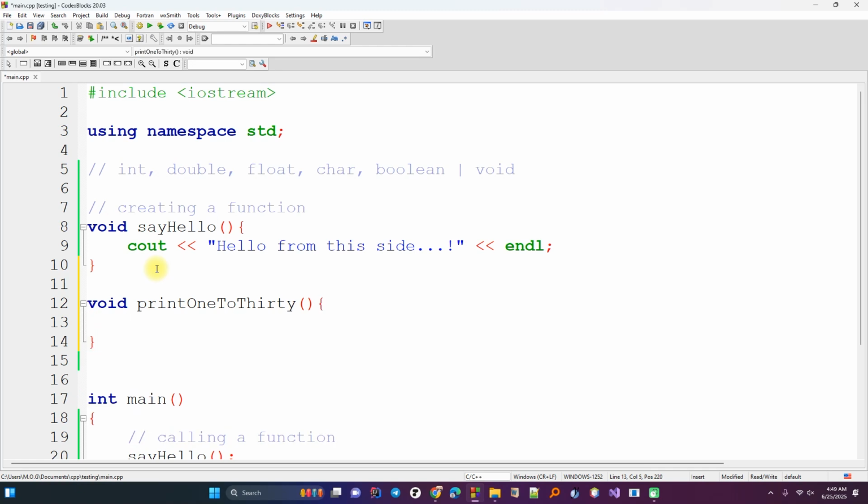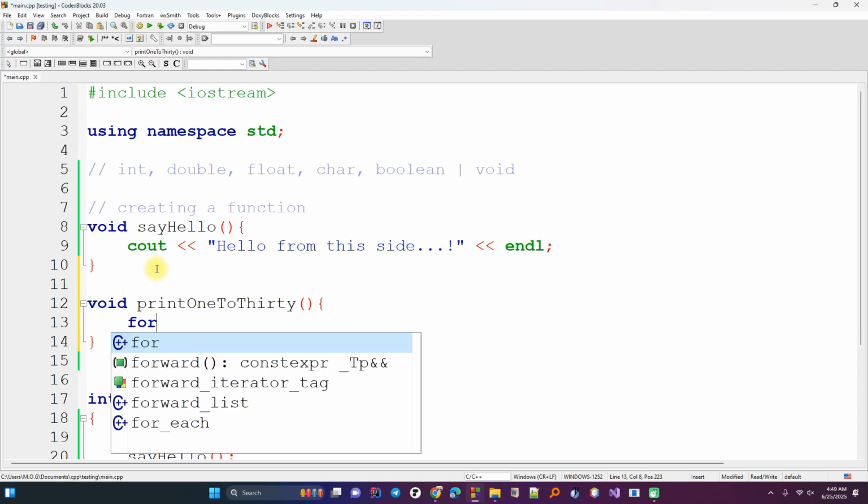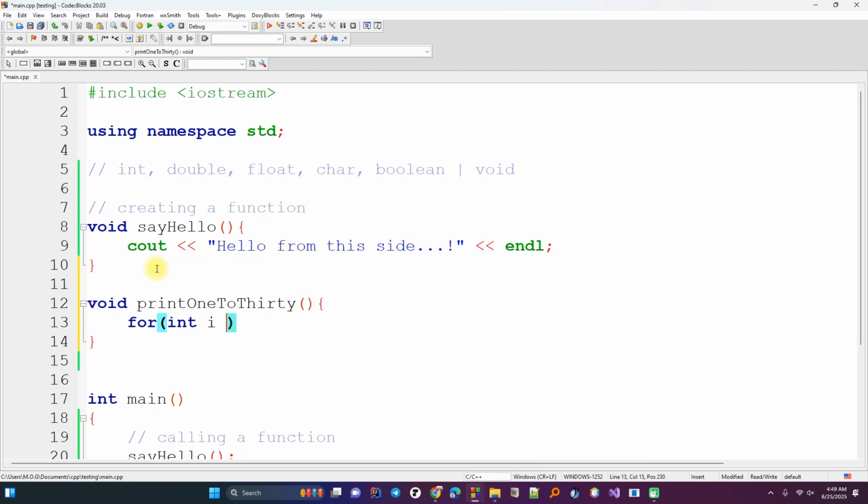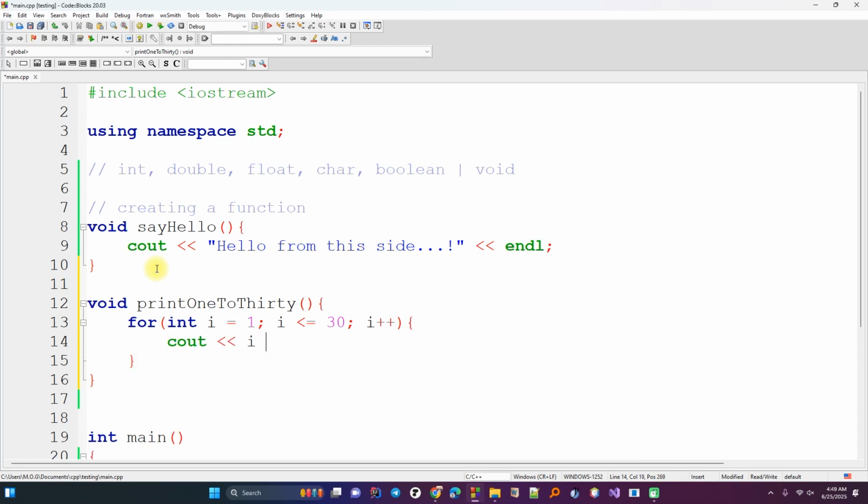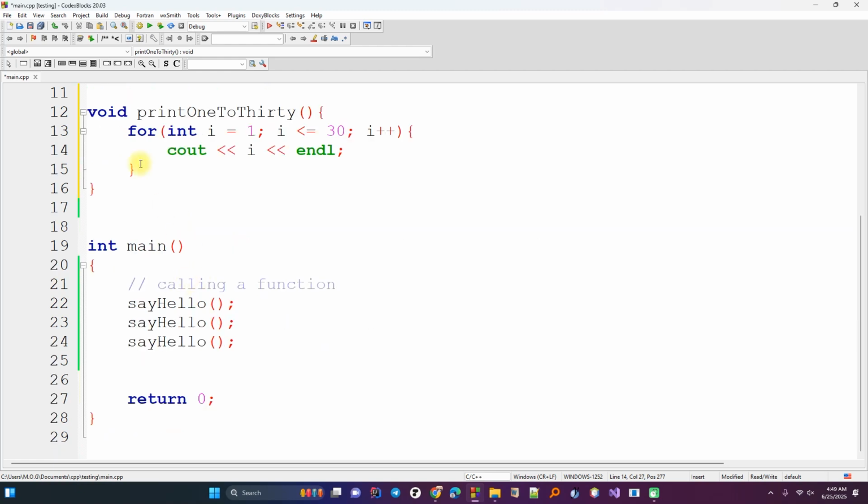Now we looked at for loop previously, so we will use for loop for this. For loop, we want to start our counting from 1, and then our condition states that the loop should run as long as the i is less than or equal to 30, and then for each of the iteration we want to add a step of 1. Now for each step, make sure you display the i so we see the number. Okay, so that is the print 1 to 30